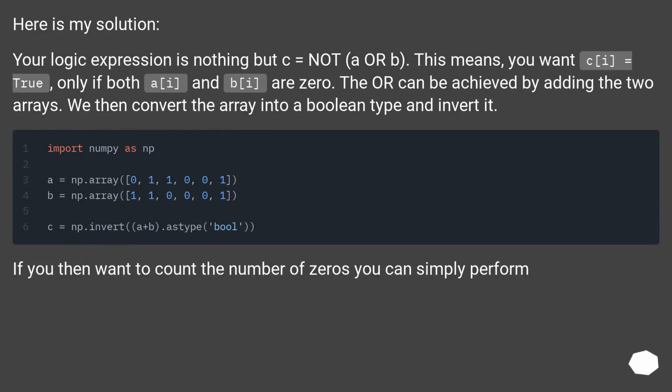Here is my solution. Your logic expression is nothing but C equals not (A or B). This means you want C[i] equals True only if both A[i] and B[i] are 0. The OR can be achieved by adding the two arrays. We then convert the array into a Boolean type and invert it. If you then want to count the number of zeros, you can simply perform